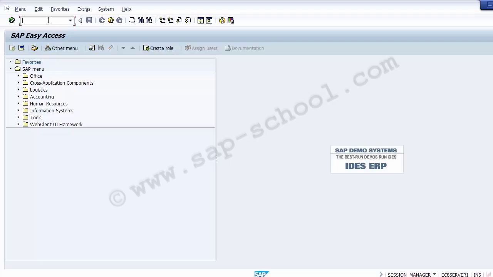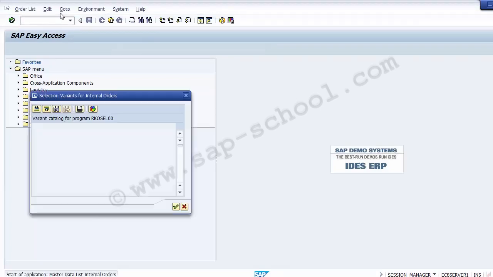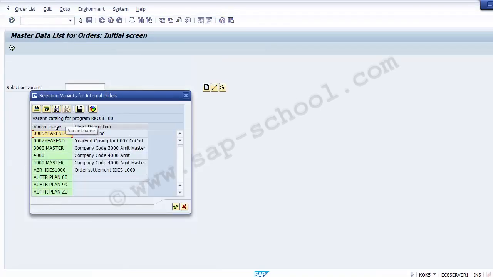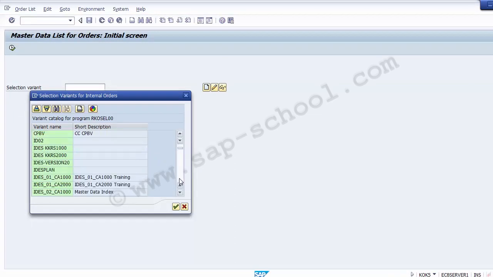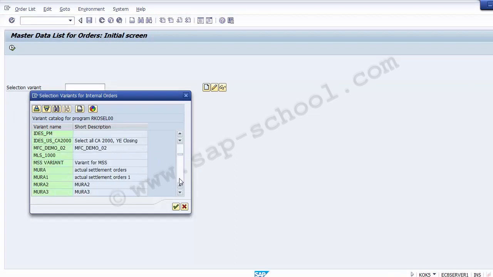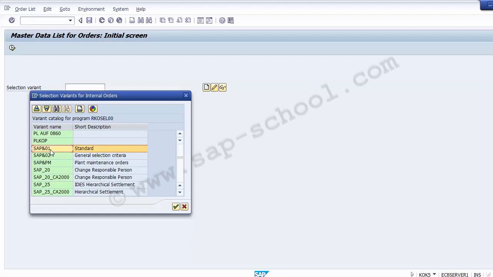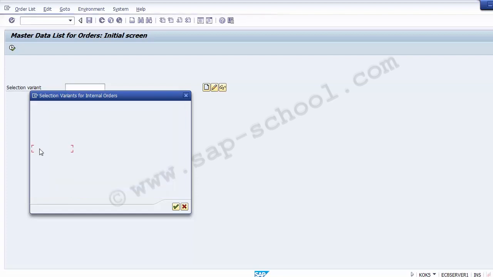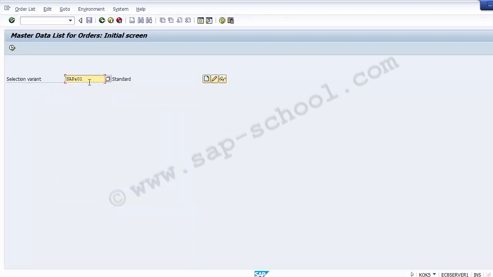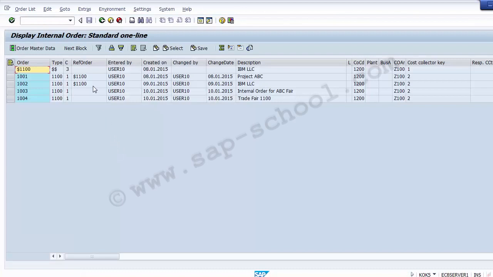So let's execute this, KOK5, enter. And now you need to select the variant over here. The variant has to be the standard SAP variant, that is SAP and 01. Double click on it, the variant has been selected, then execute it, enter. Once we have executed and entered, you will find a list of all the various internal orders created for the controlling area